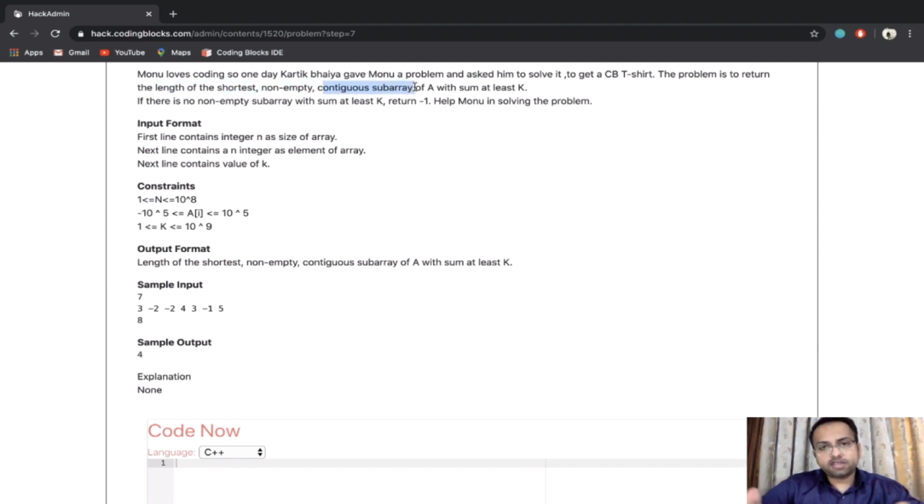Contiguous subarray means that the elements are adjacent to each other, they lie continuously, right? So the sum of that contiguous subarray should be at least k. It can be greater than k, but it should be at least k. It could be k plus 1, it could be k plus 2, though the sum should be at least k, right? So let us see how we can approach this particular problem.